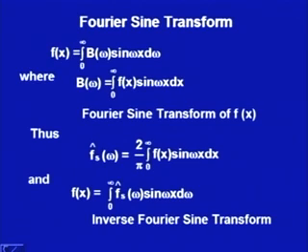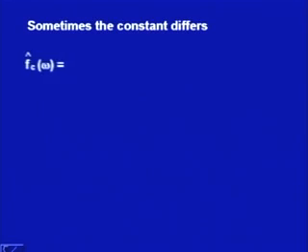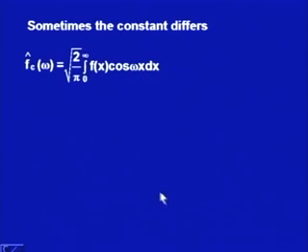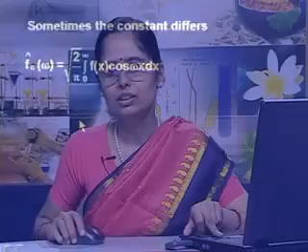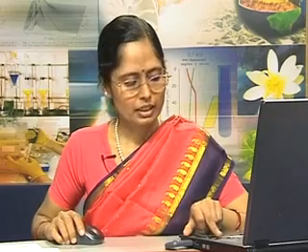Let us see some examples of these kind. As I said, sometimes this constant differs. So, let me just write it out. In my definitions, I had used 2 upon pi in the transforms and I have not used any coefficient in the inverse transform. Sometimes in both places the coefficient square root 2 upon pi is used,